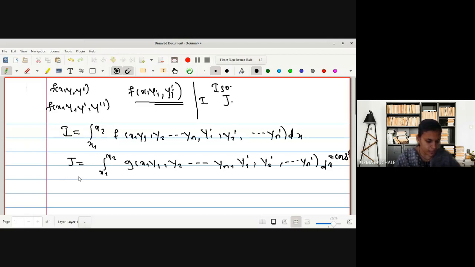So we have to find the extremization of I under the condition of J. Also, we are provided with the condition that yi of x1 is equal to yi, and yi of x2 is equal to